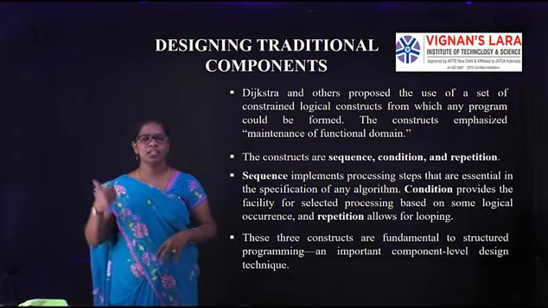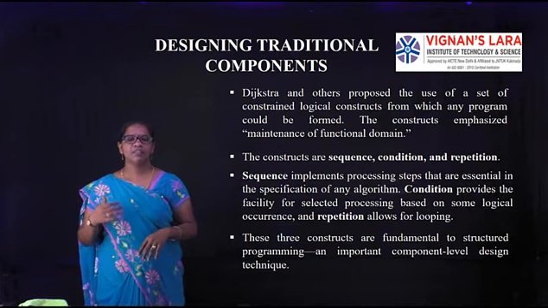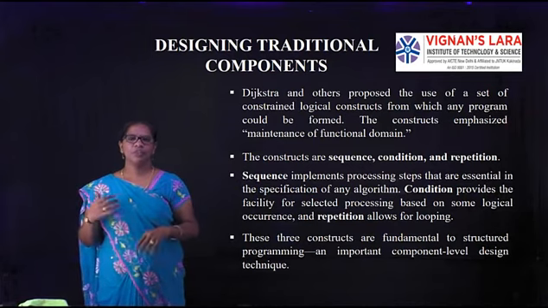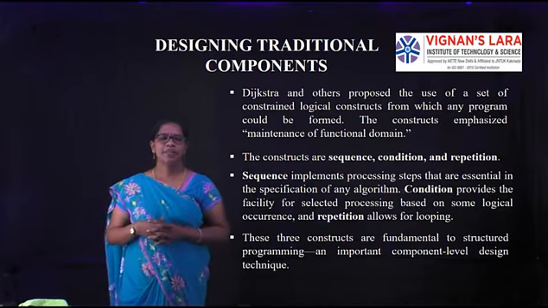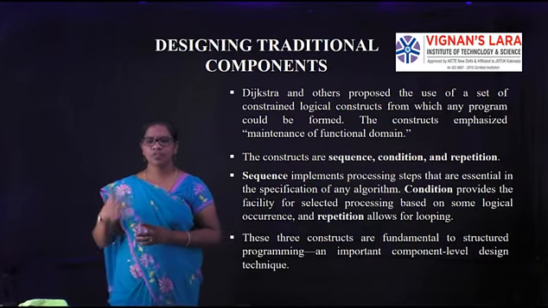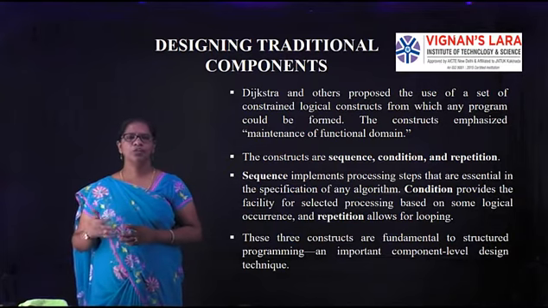So sequence is the number of sequence steps that we follow in the algorithm. So condition, by having some condition, it is getting checked. We use the rhombus shapes. That is a condition. Next one is the repetition. So how many times it is going to repeat. So looping. Okay, like do while loop or while loop, like that.